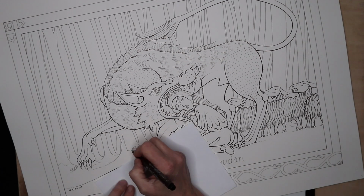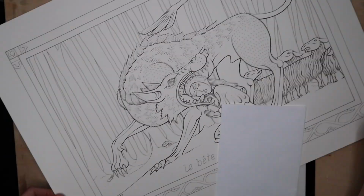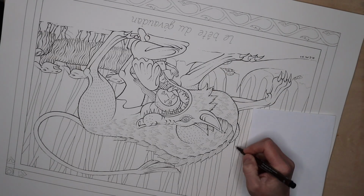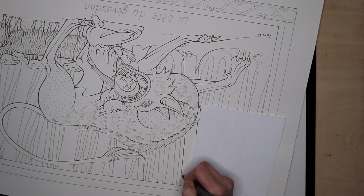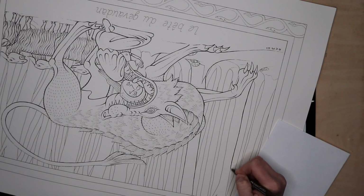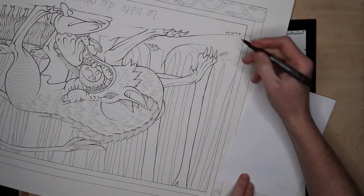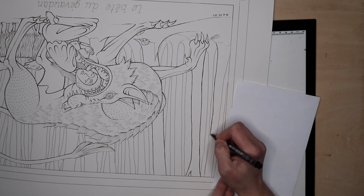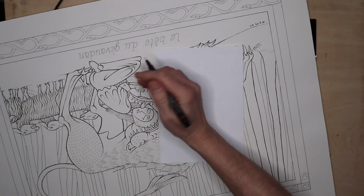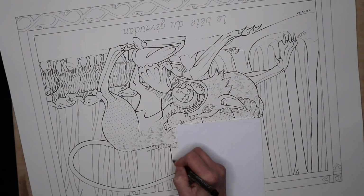but you'll see in probably the second or third part of this series that I actually go in and do quite a lot more work on the line work after the painting process is done, or partially done at least. So I'm never quite settled with it, because you never know until you start getting the colours on there. You want certain elements of the picture to really pop out of the page, and so sometimes it's useful to go back in afterwards and do that line work, and also the line work can get lost sometimes